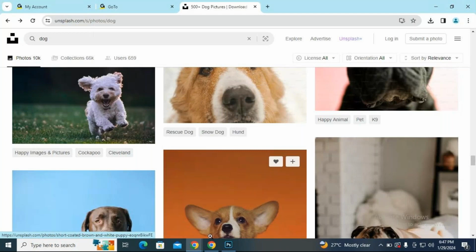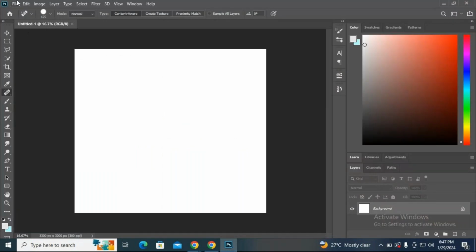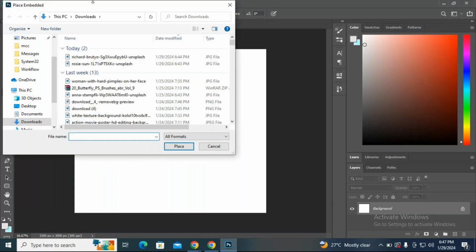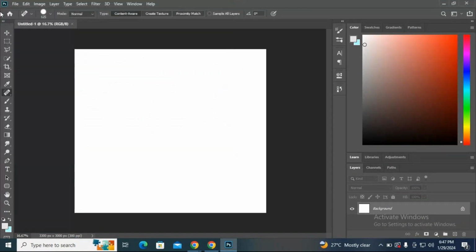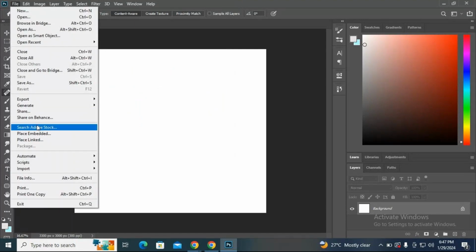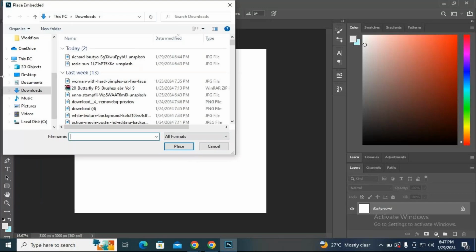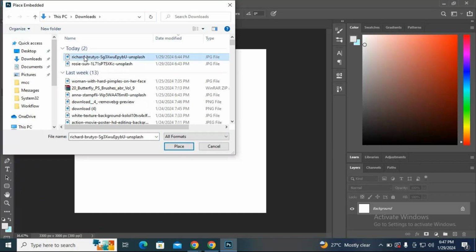So now we have taken the images, so let's place it here. Go to file menu. If you want to place the picture, go to file menu. There you have the place embedded option. Click on that place embedded. So here are the two images which you have downloaded. Just select that image and place